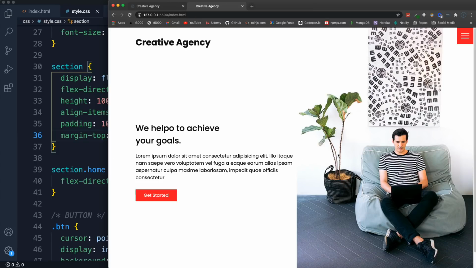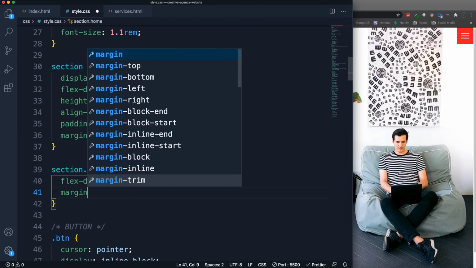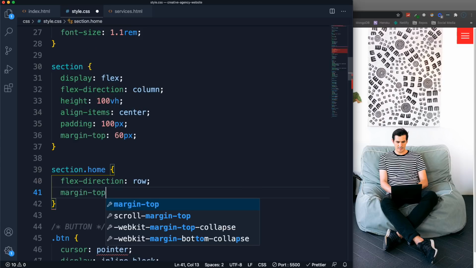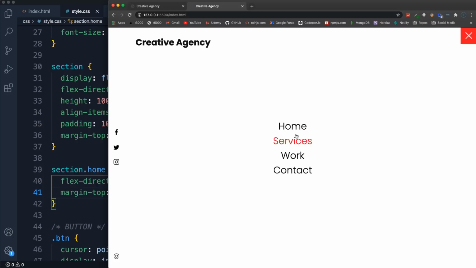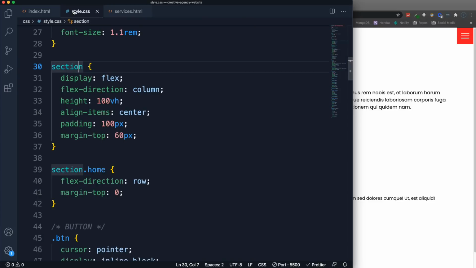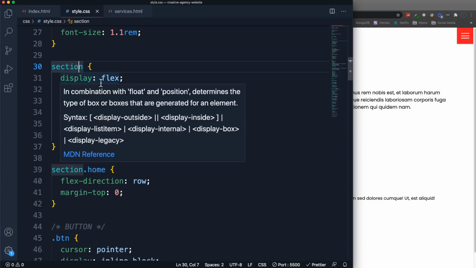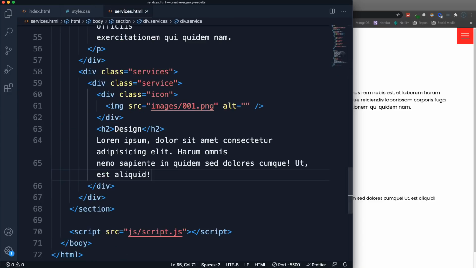Now on the home page, I don't want that, so I'm just going to set the home section margin top to 0, so that doesn't affect the home page. But I do want it on all the intersections. All right, so now that we have that taken care of, let's go back to services and let's add the